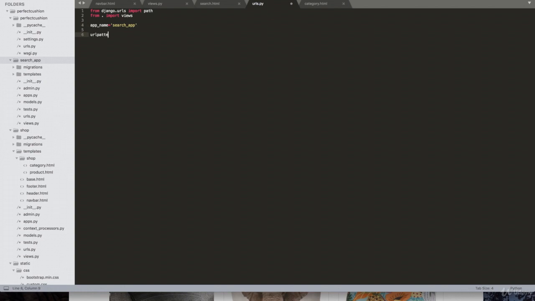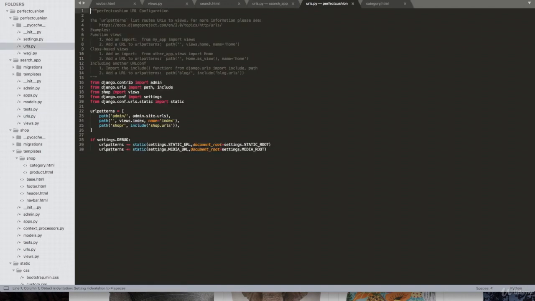And we will proceed to declare the URL patterns with the path call. So inside the brackets, we're going to put 2 single quotes to declare the beginning of the URL, and then views.search_result, and then we will add a name for that URL. So that name is going to be search_result. Save the file,